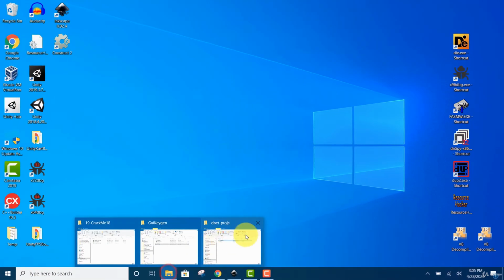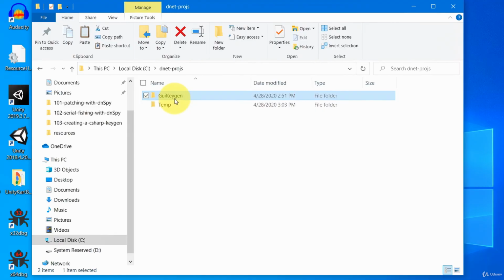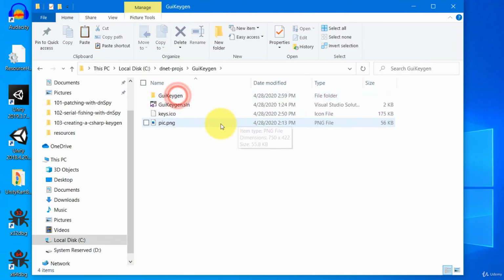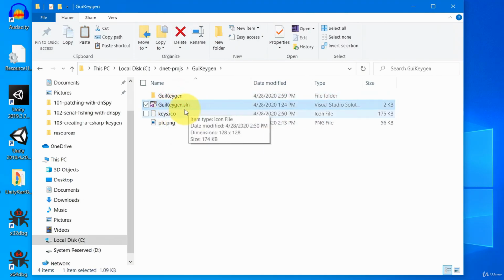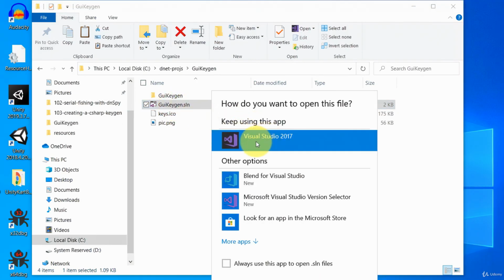So now go and download this file from the resource section and unzip it and put it in a folder called DNet projects, and you can create this folder and unzip it and you get a project folder called GUI keygen. If you open the GUI keygen, there is a solution file which you double click to open it. So just double click and it will open it with Visual Studio